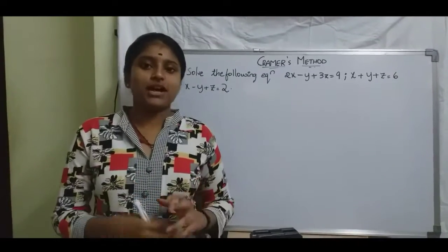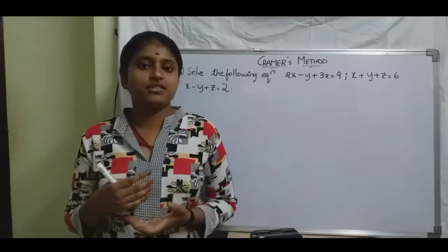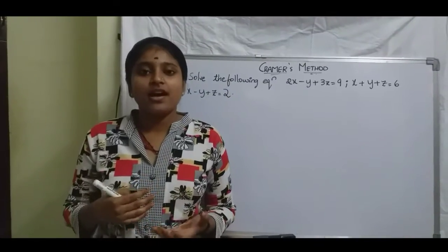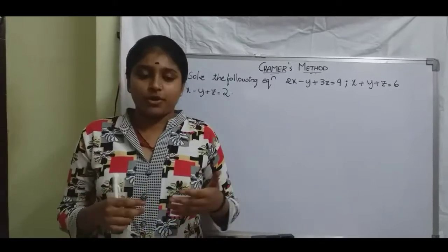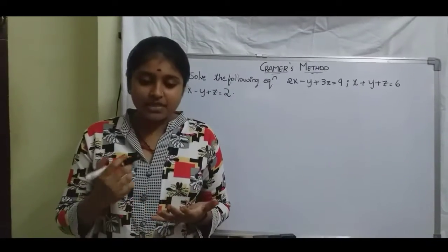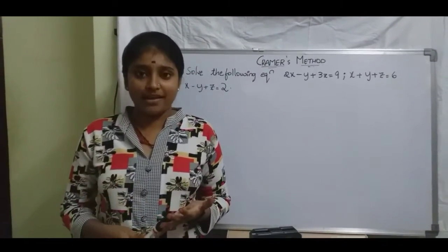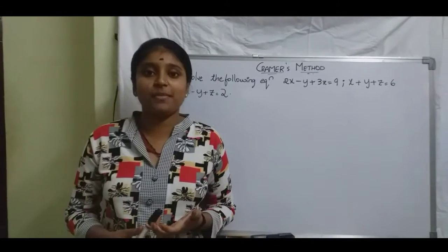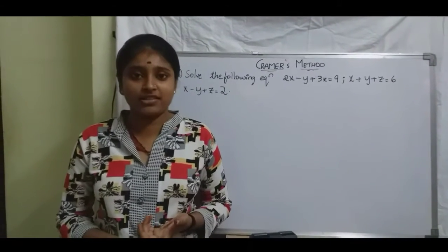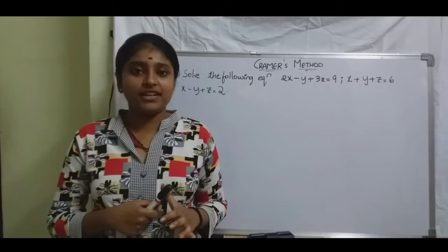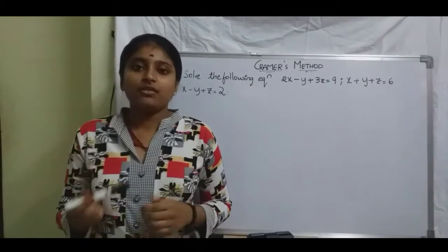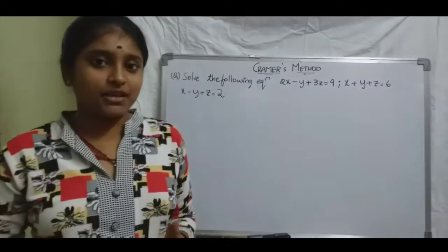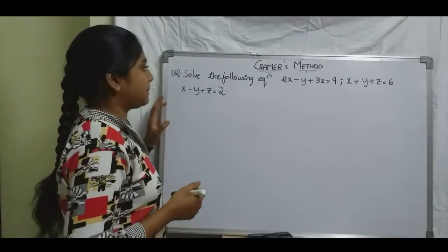Now, getting into the subject, we are doing this chapter called matrices. Quickly, we will recollect and we will go to the further process. We have studied types of matrices, addition, subtraction and multiplication of matrices, and today we are going to do Cramer's method. To solve that, we are taking an example problem.